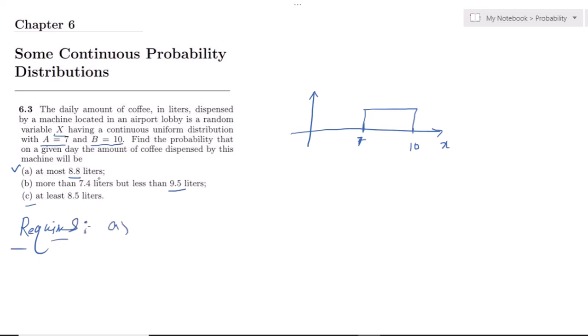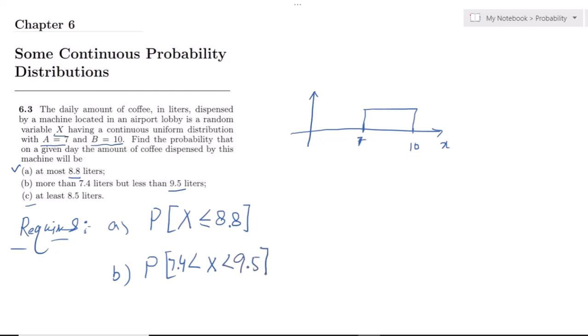A, we have to find the probability that the coffee dispensed by this machine, let me represent it with x, is at most 8.8 liters, means less than or equal to 8.8. B is more than 7.5 liters, means x is greater than 7.5 liters and less than 9.5 liters. And C is what? At least 8.5 liters, means P of x greater or equal to